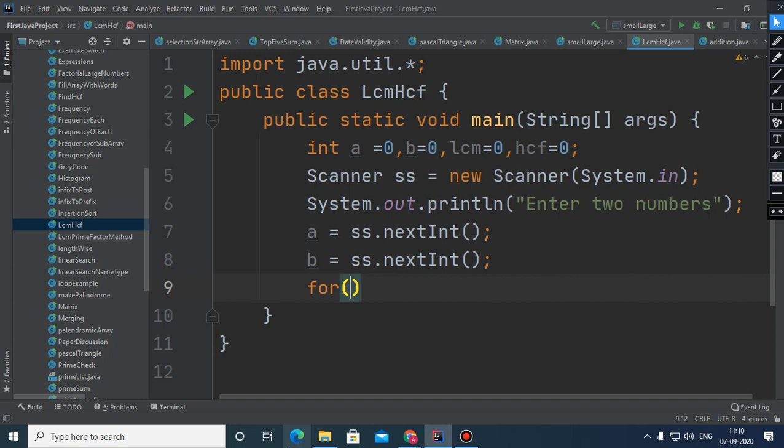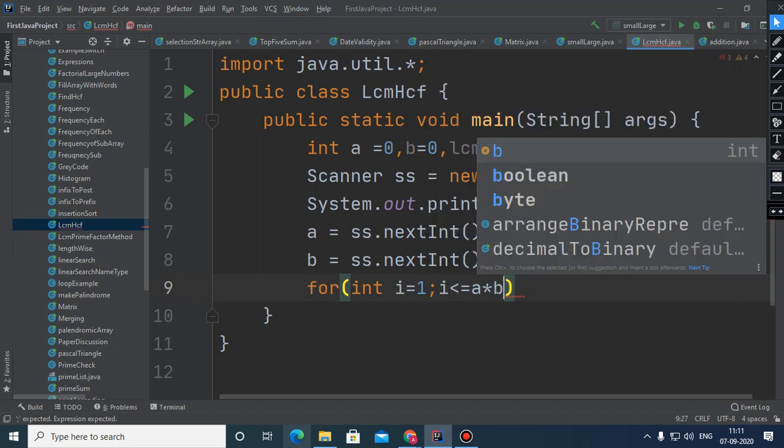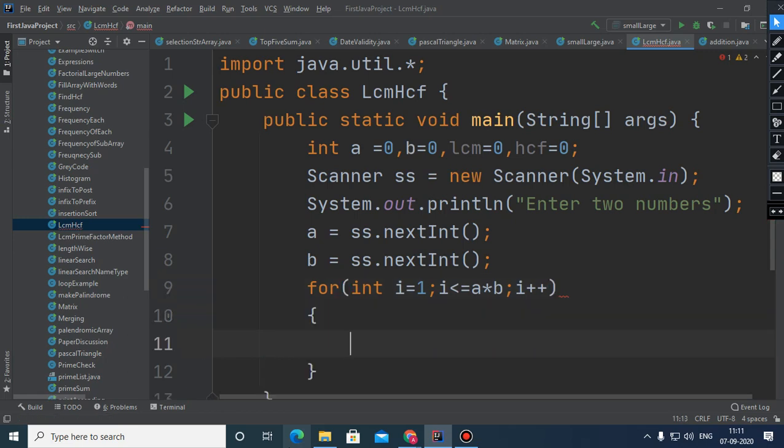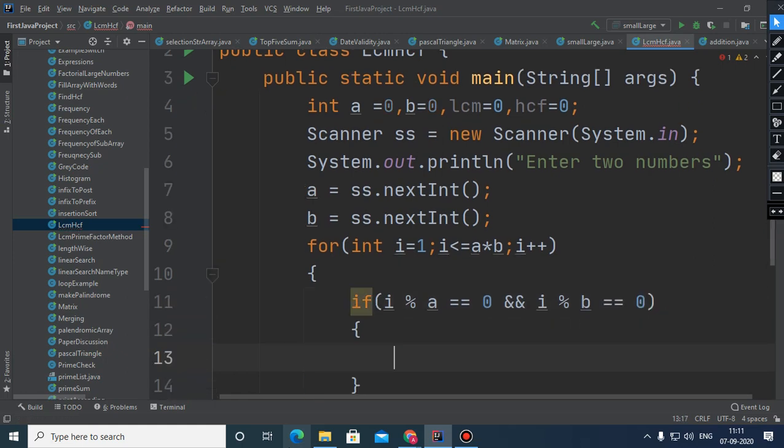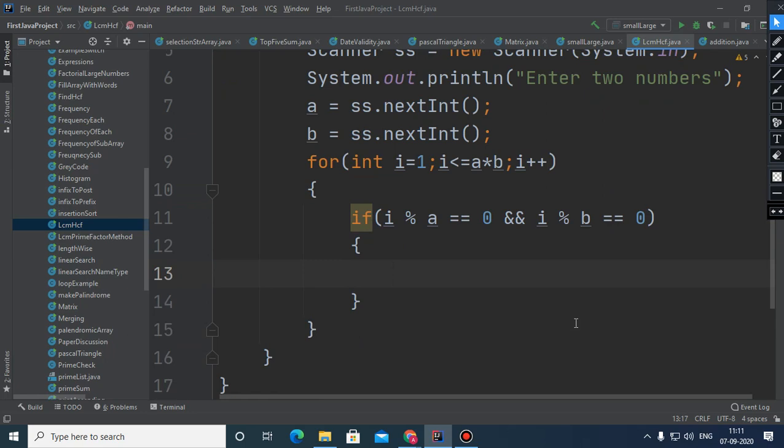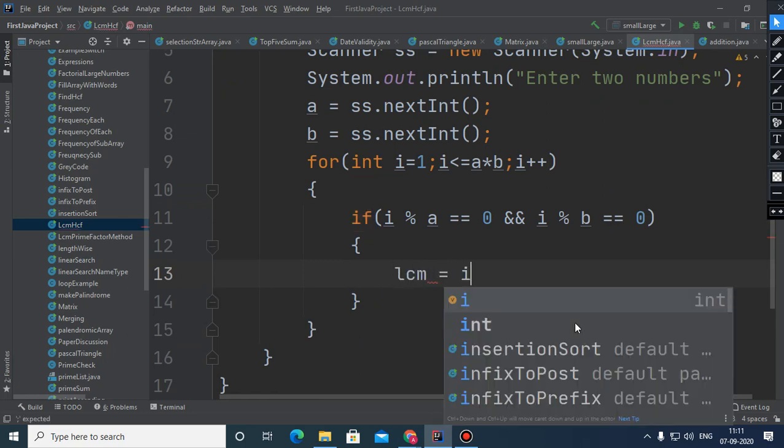Now in order to find out the LCM, children, I told you that if either of the numbers is prime, then the product will be the LCM. It simply means the loop has to start from 1 and go up to the product of the numbers, because in the extreme case, the product will be the LCM. So if I mod A is 0, and I mod B is 0, and both cases are true at the same time, then LCM will be I